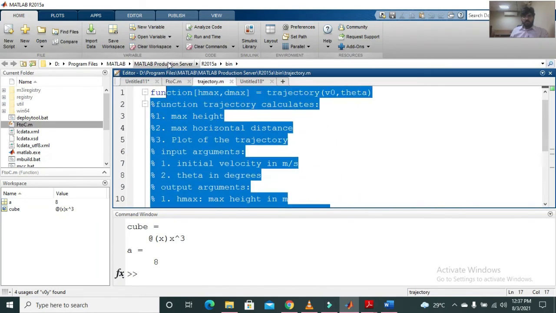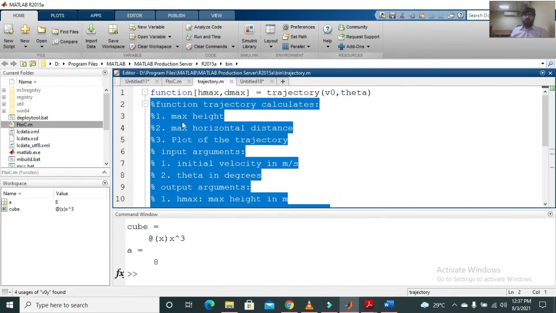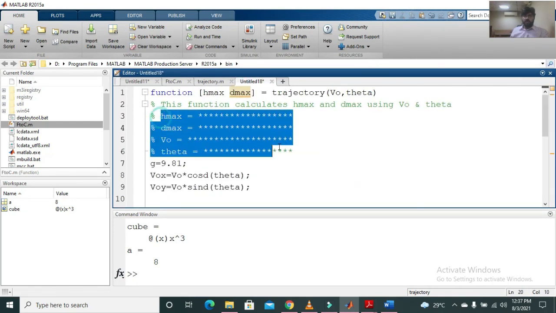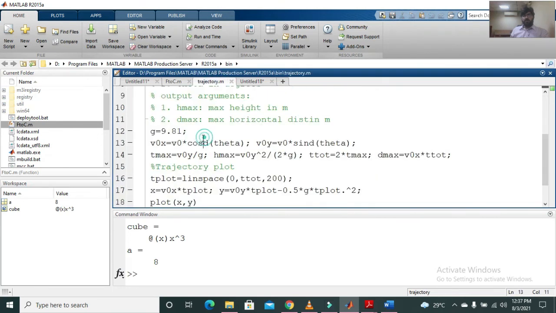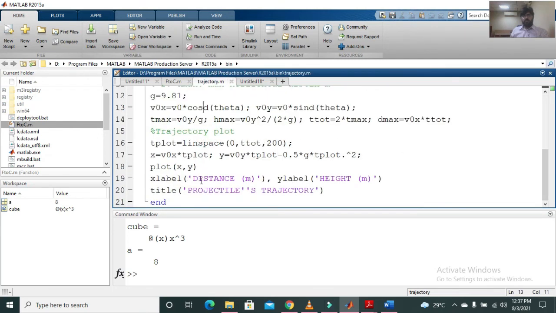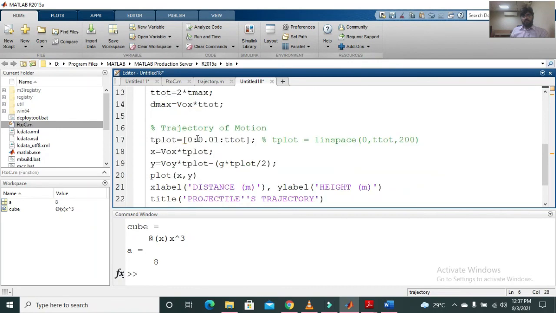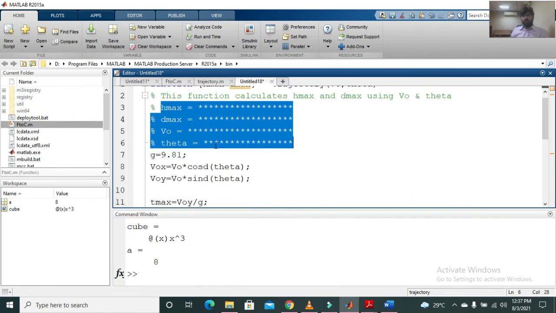Although the comments are different in the file which I have already made, here I haven't mentioned any comments. I have just shown that you can enter some comments over here. But the script inside this file is more or less the same as what I have written over here.